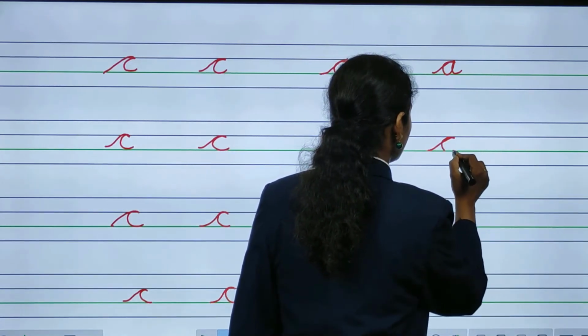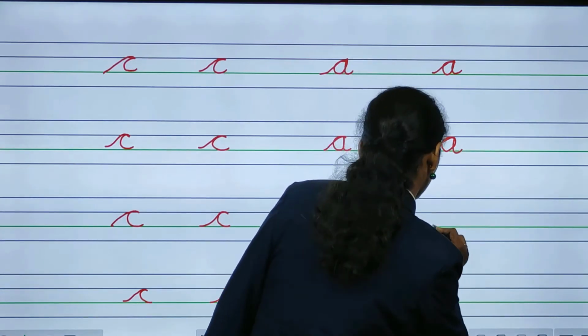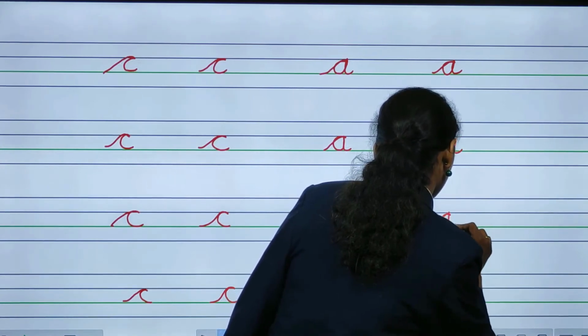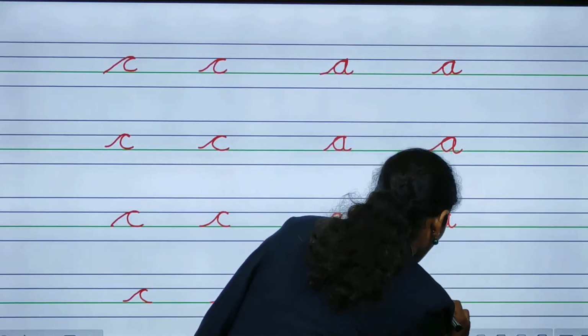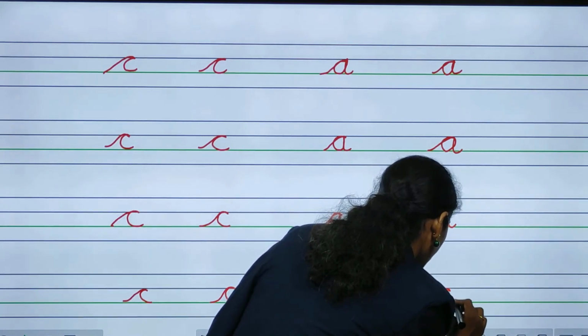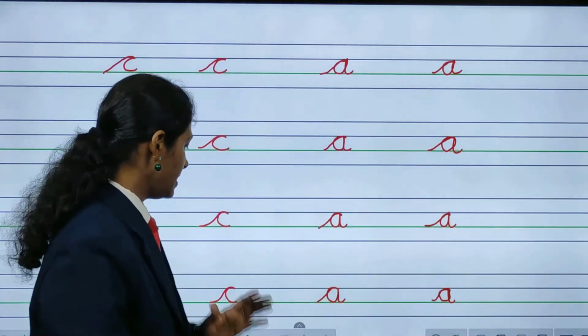Yes, children? Okay. So, again we will write this small cursive A. Okay. Slanting line, make curve line, go up and again come down. This is small cursive A.